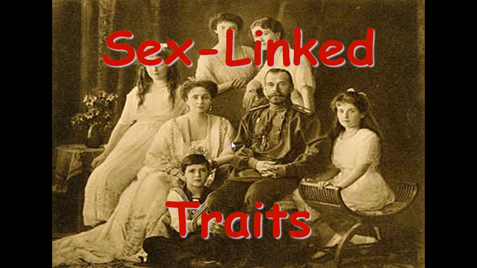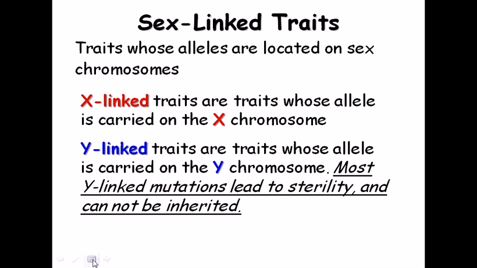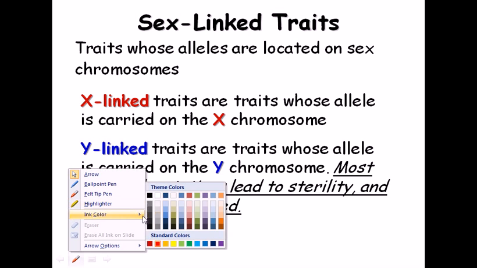Now this is about the sex-linked traits and sex-linked inheritance throughout the generation. This is the royal family, as you can see in this picture. Why is this royal family picture given? Because they are really famous for studying this sex-linked inheritance, because hemophilia was a royal disease at that time. So hemophilia is a very famous sex-linked disease, or shows the sex-linked inheritance pattern. So let us take a color.